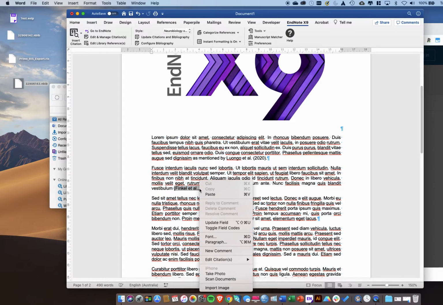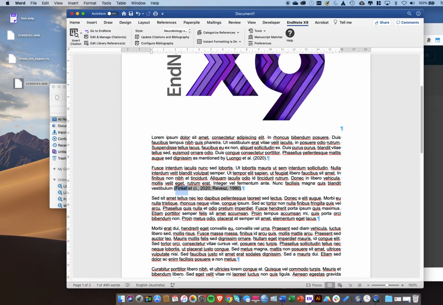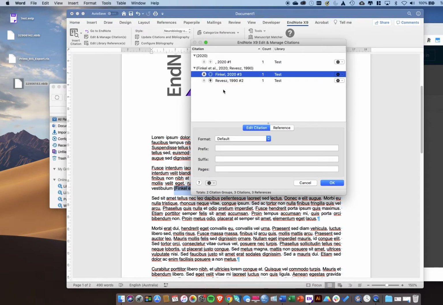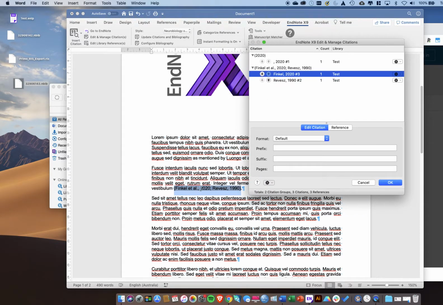I said there were only two things. I have remembered one more thing before I let you go. If you right click on the reference and you go to More, there is this ability